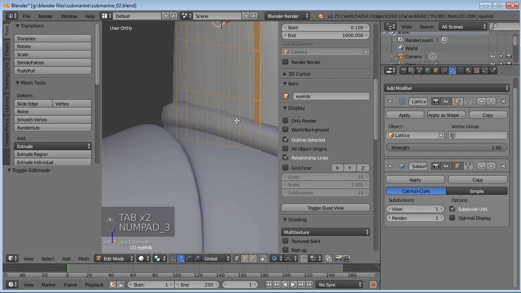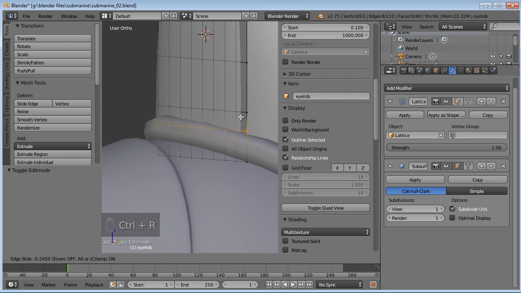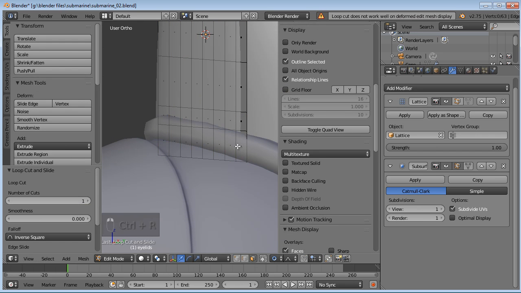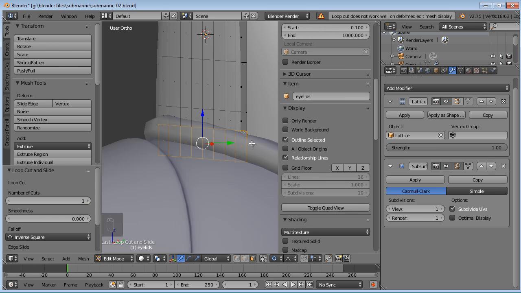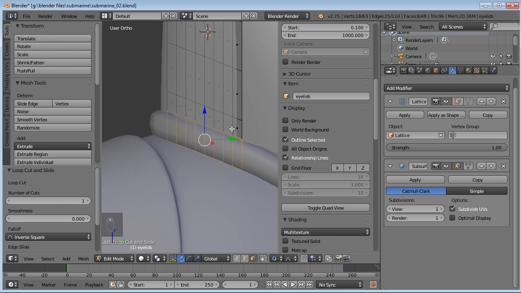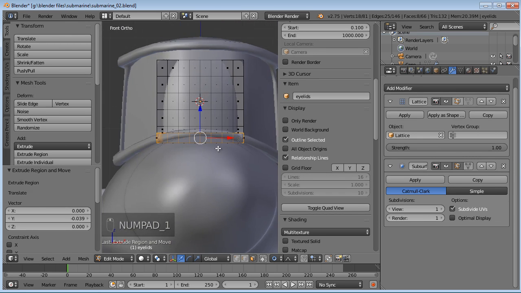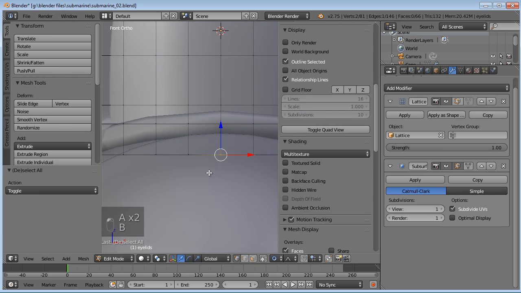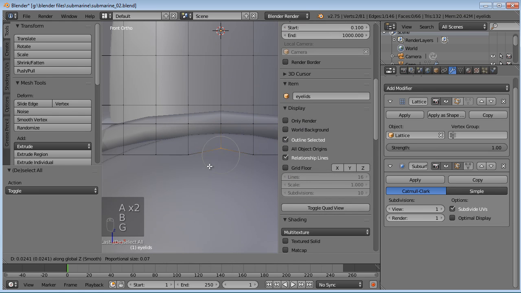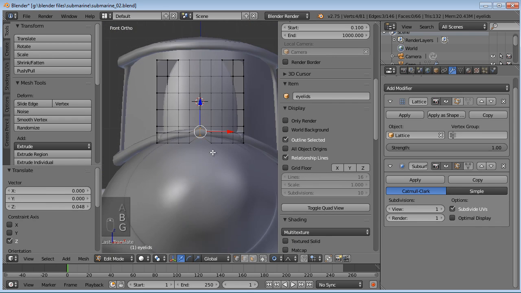And then I'm going to add in a loop here along the bottom, like so. Then I'm going to grab that whole edge there, Control Alt, and click on one of the edges, and it selects the whole thing. Extrude that out. This will be the bottom of our eyelid, kind of the lip. We won't have lids on the bottom, just on the top. I'm just going to move that up just so it has a nice central separation there.